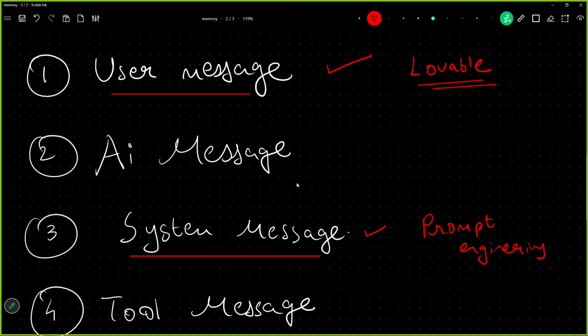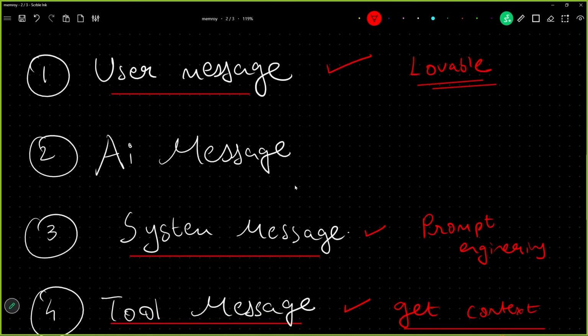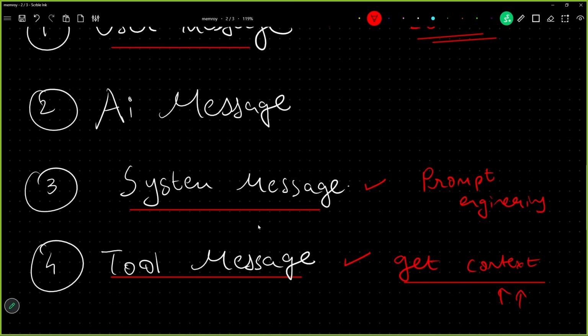Then we have the tool message. This tool message is the information retrieved from the external functionality or external tool which the AI uses to get context from, the contextual information. Now, what is this context about? This context is about the information regarding the query which was passed by the user. If the query was asking about vacation policies, the AI got the context about vacation policies from the database. And after this was received, the tool message was received.